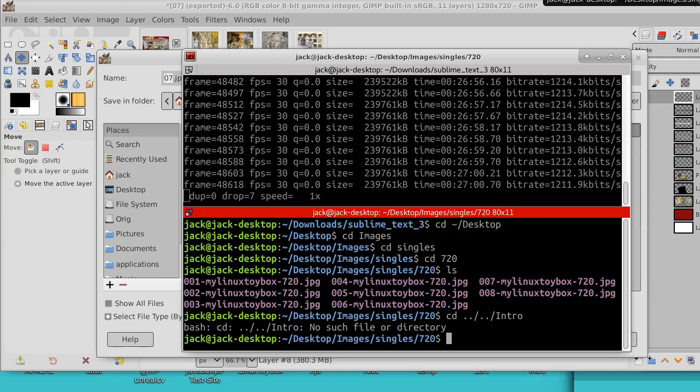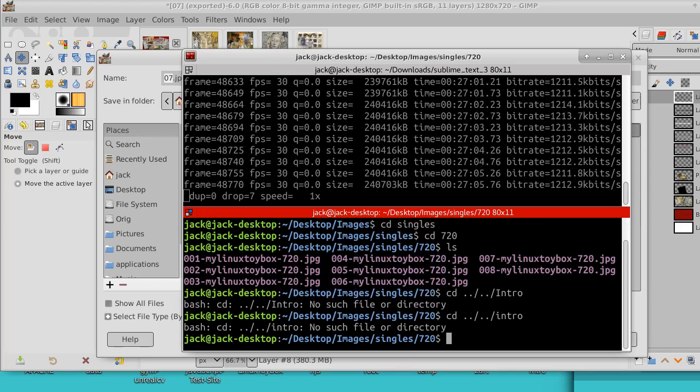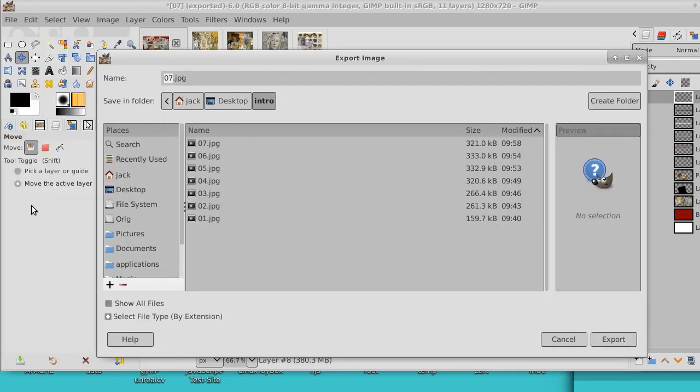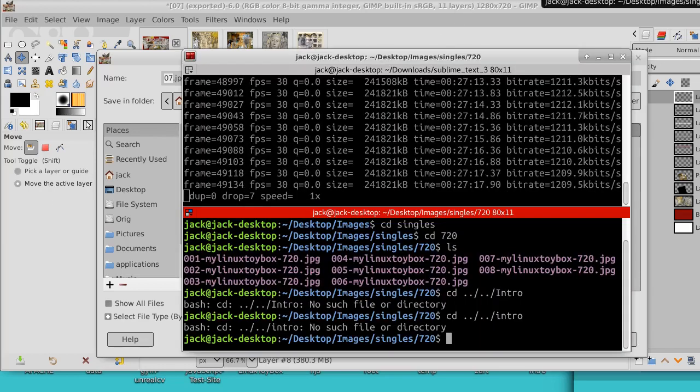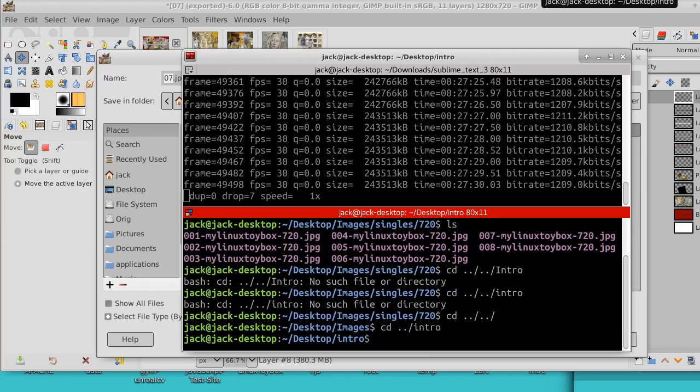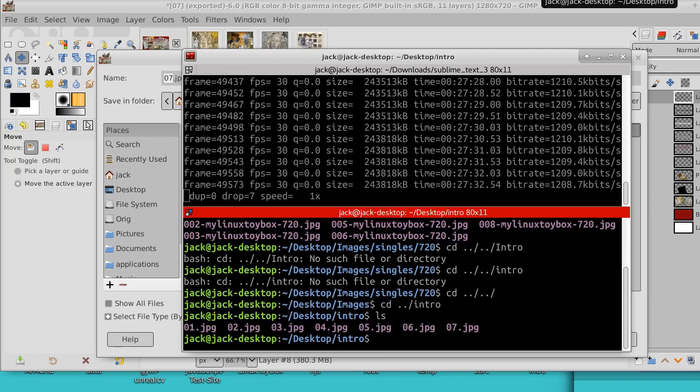Wrong directory. Was that intro small letters? Oh, I'm getting spacey now. No. Export as desktop intro. Let me just back up a little bit, I guess. Okay, here I am. Now, at this point,